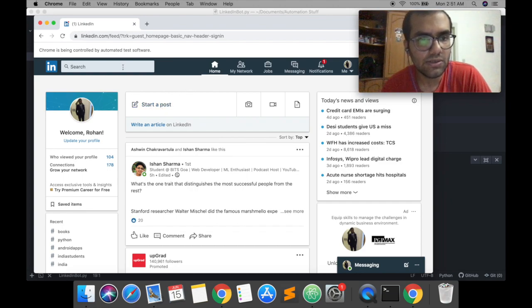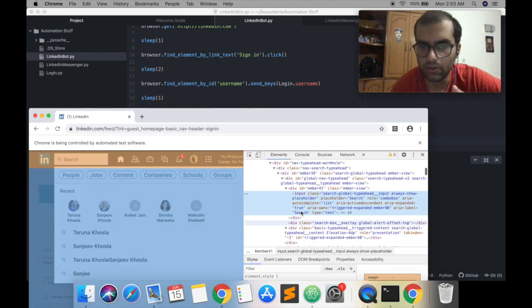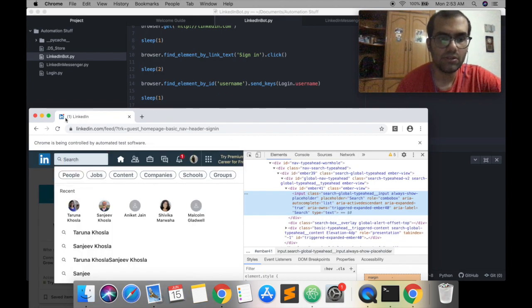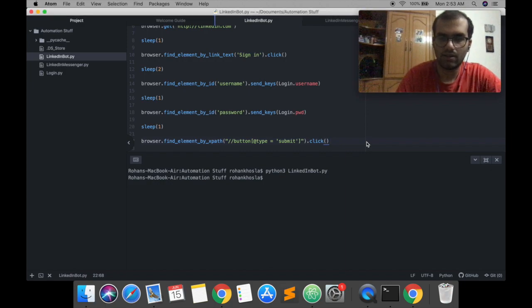Okay, now this is pretty cool. So what we need to do is come here and search. So we're going to do the whole shebang again. There we go. So now we can see over here that it is an input tag of type text. So that's exactly what we're going to use to our advantage. And I'll close that.